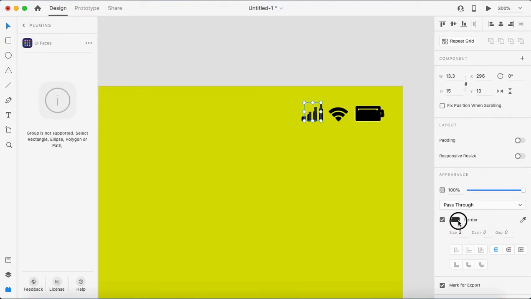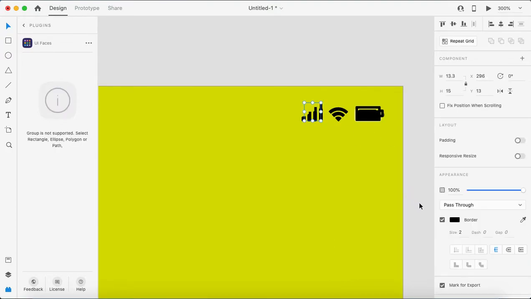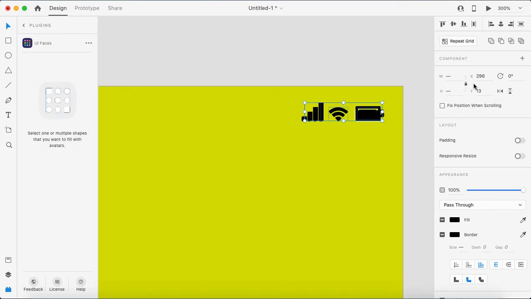Okay, border color is black, and for example I'm making it a 3, or let's make it a 4, a little bit more thick. All elements I'm keeping in the same position.